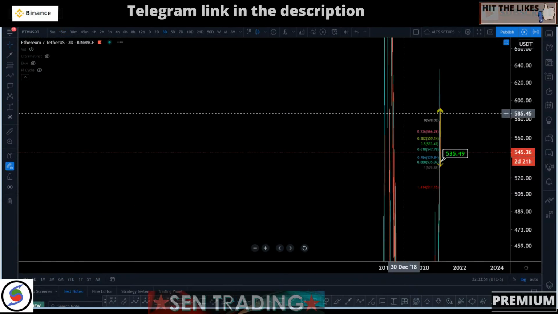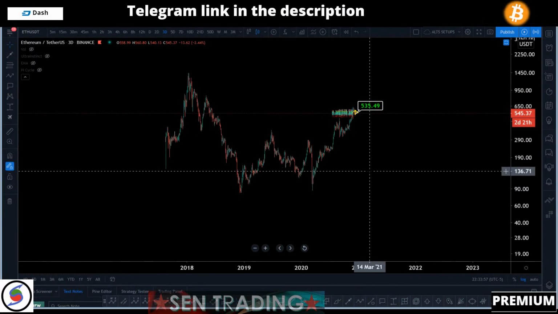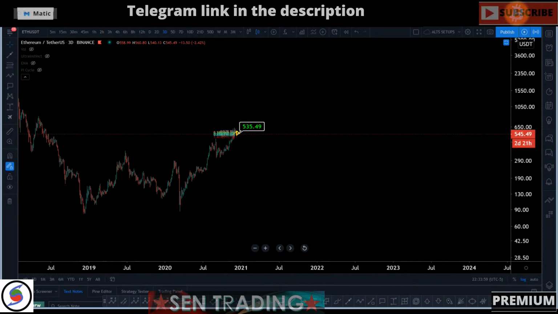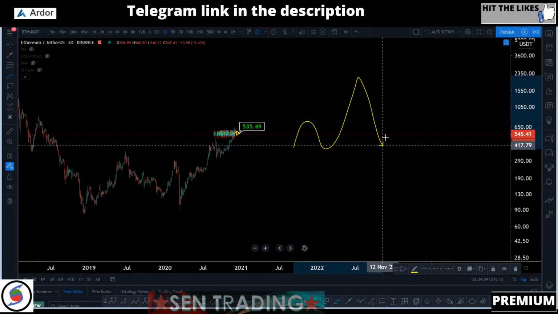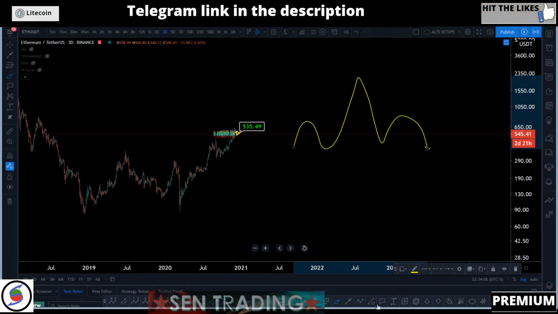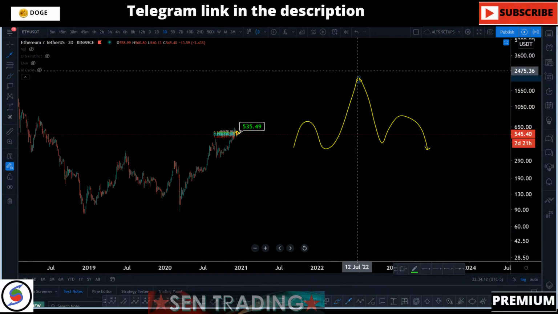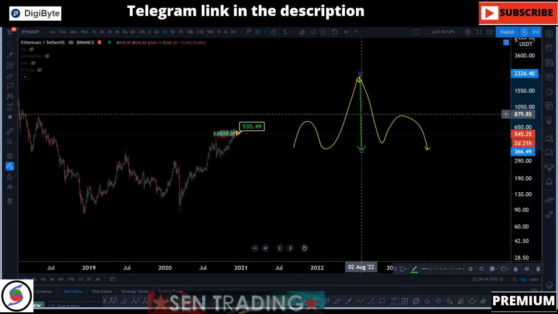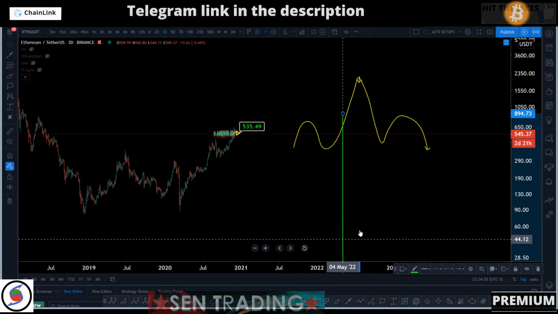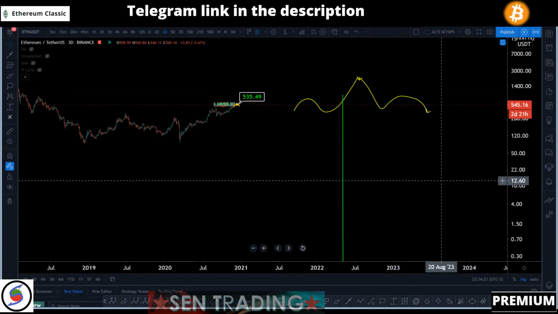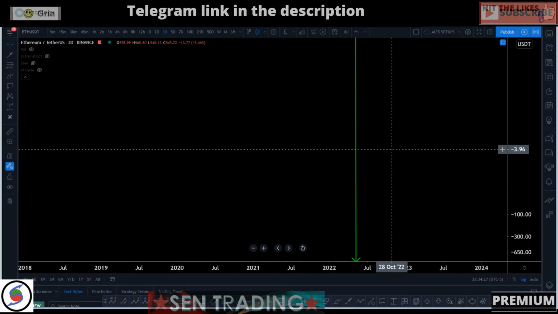Let me show you something on Ether. For instance, let's say you get a head and shoulders pattern formation. If you do a 1-to-1 extension like this and you're trying to project it to the downside, it tends to tell you, hey, you're going to zero. You see what I'm saying? You have to go all the way down to find the bottom.